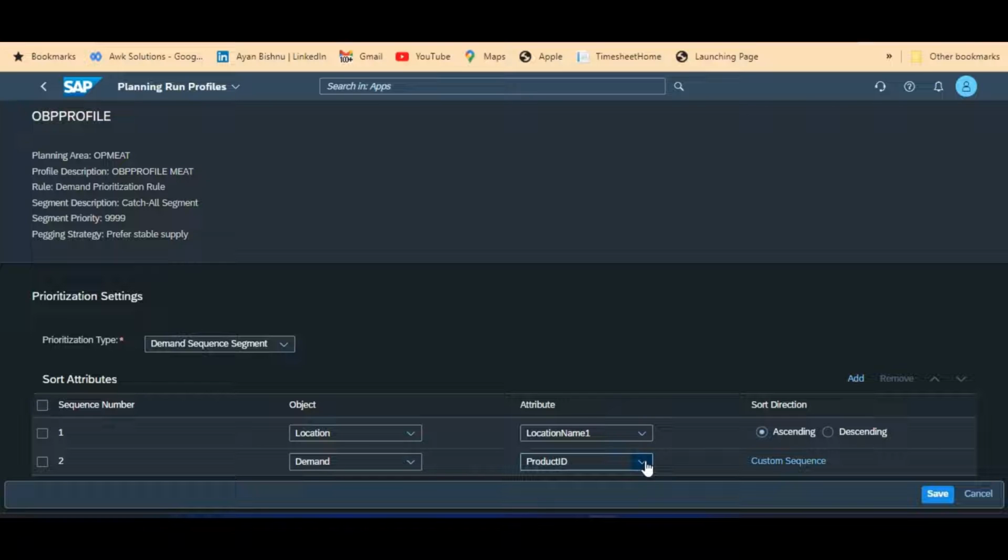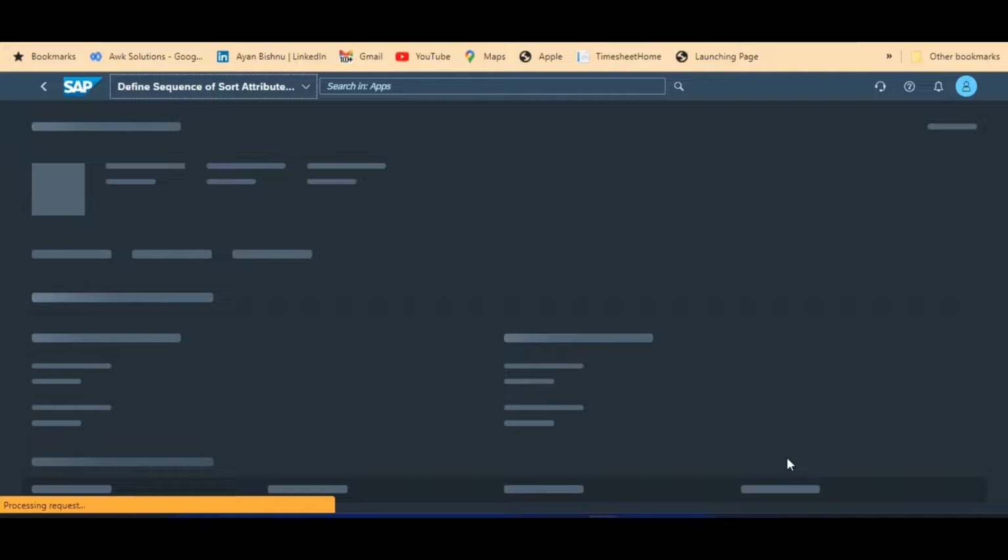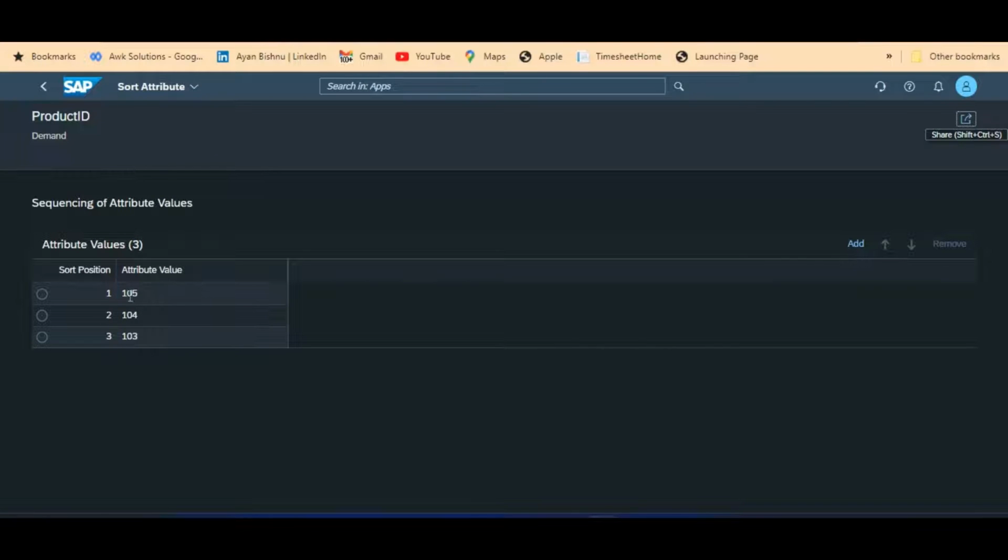In the product ID, I have also defined a custom sequence. I have said my first priority is product 105, followed by 104 and 103. So this is just an example.